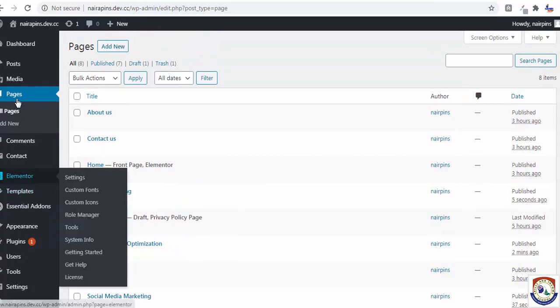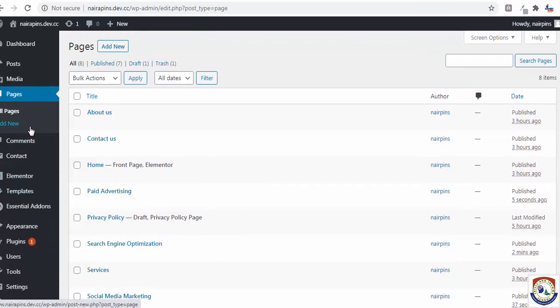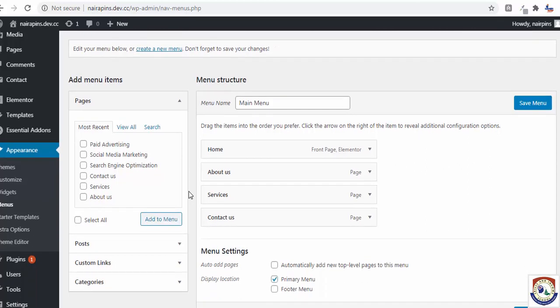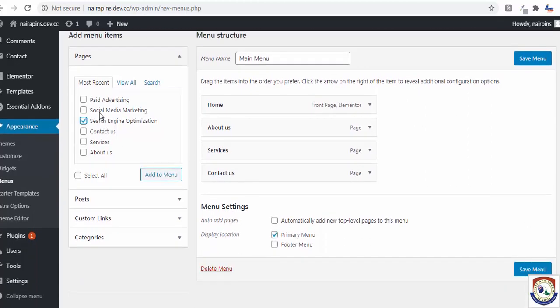Now what I need to do is you go to appearance. Okay, you go to appearance, you go to menus. So when you go to menu, okay, this services page, I want to add this search engine optimization, and this, I want to add them to this menu. There should be a sub menu under services.